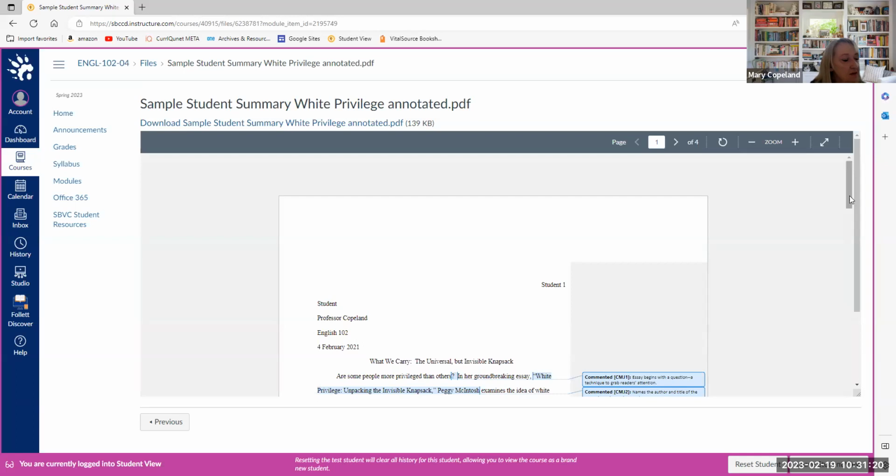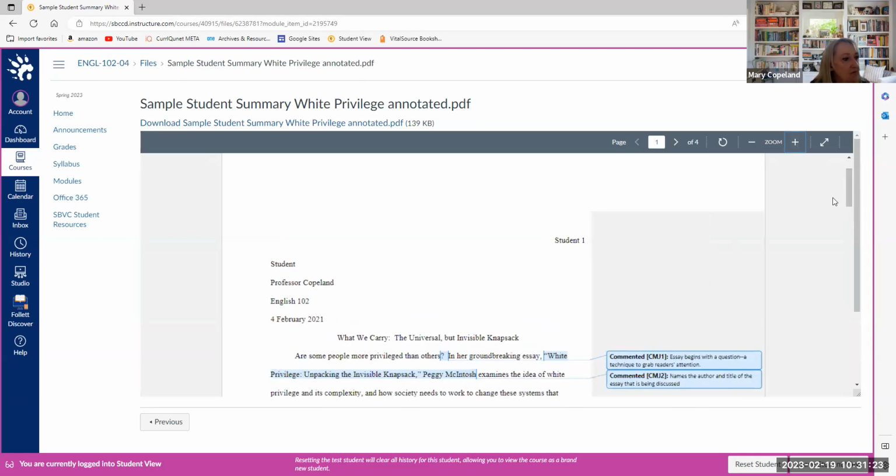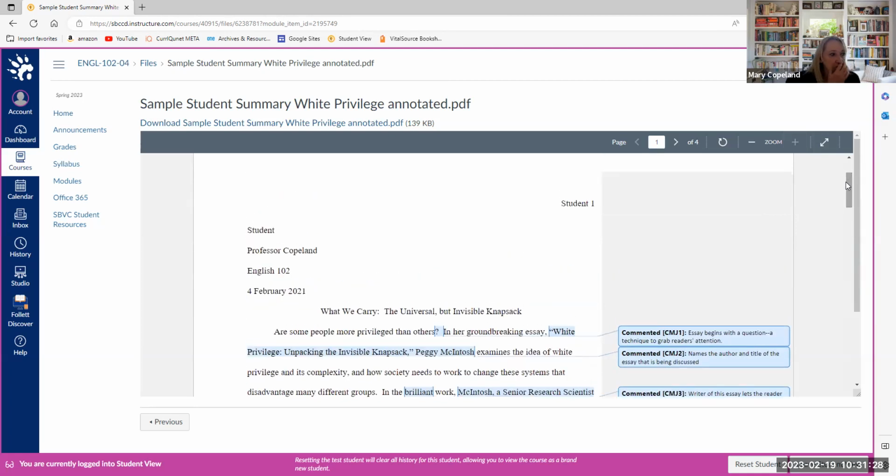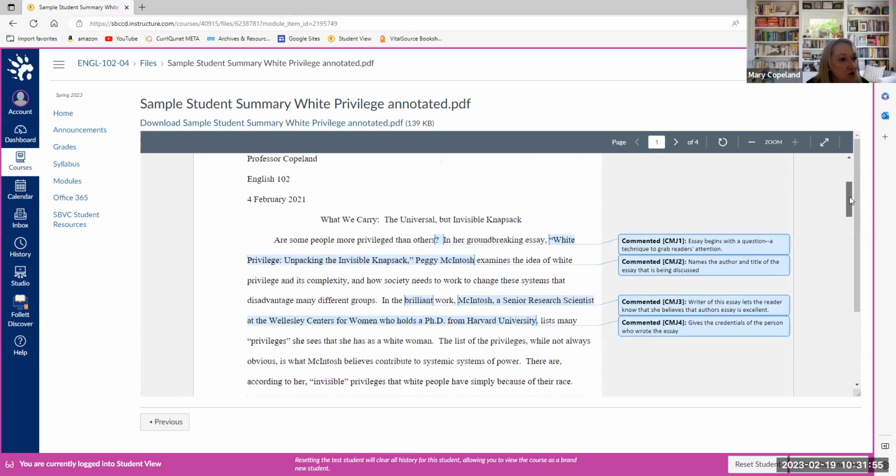So this is smaller. However, if you just look at it aesthetically, this is what your essay should look like for MLA format. You have your last name and the page number in the upper right-hand corner, standard double spacing throughout the essay. You don't have extra spacing from the date to the title. The title is not essay 1 or summary of the new Jim Crow. Give your essay its own title. And then read the annotations.